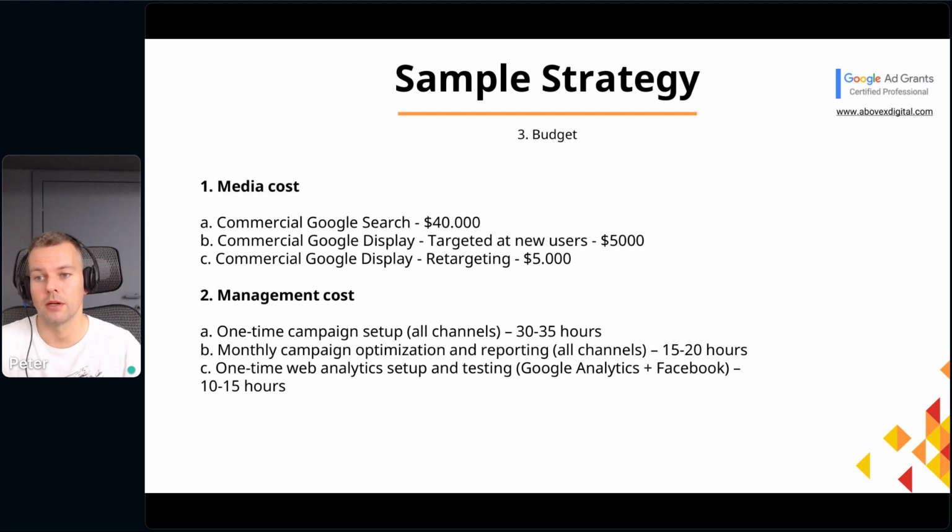And again, coming back to this example, we basically said, okay, let's allocate the majority of budget, which in their case was $40,000, to commercial search campaigns. The reason why we decided to do that is because we've run their ads account for a while, and we saw that there are some keywords that work very well, but these keywords were just too competitive for us to reach just with ad grants. So we said, okay, let's move these keywords into a commercial account. Let's bid high on these keywords. We know that they worked well in the past, and they should also work well in the future.